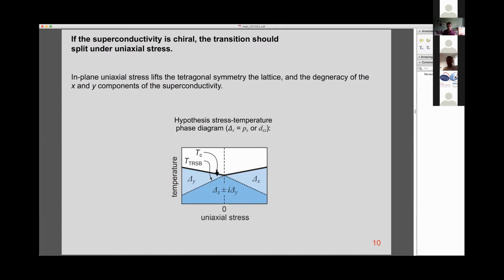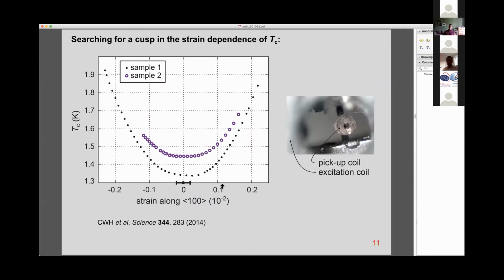The characteristic form that we started looking for first was this cusp that this phase diagram predicts in Tc, right at zero stress. And here are results of the experiment. So here's the setup on the right. This black bar is the sample, and this is mounted between jaws through which we can apply force, compressive or tensile, along the length of the bar. And then we have two coils placed on top. Here's the smaller one, here's the larger one, through which we can measure Tc.